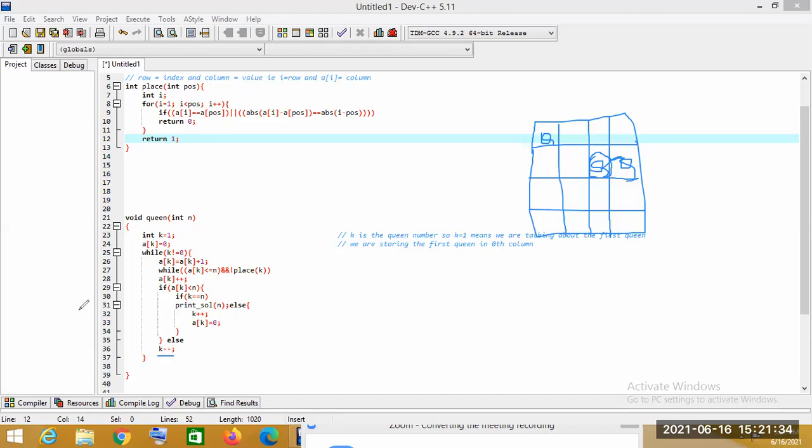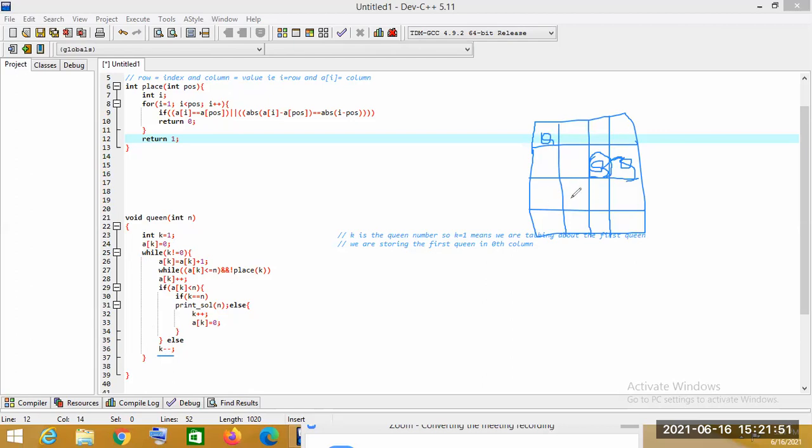Now it will be executed again, and it will check in which position we can place the third queen. In the first position we cannot, because it is in the same column.